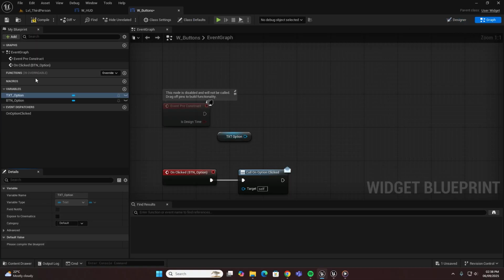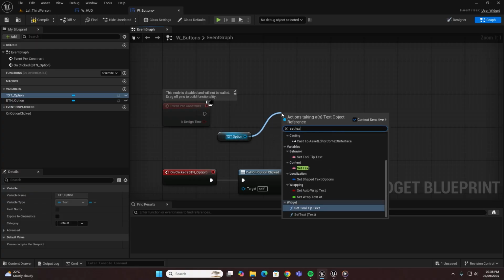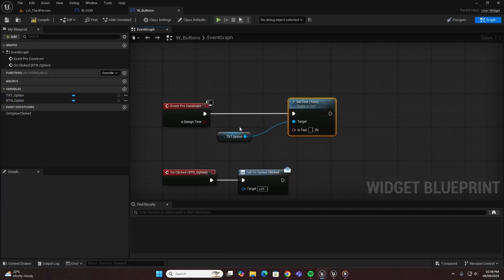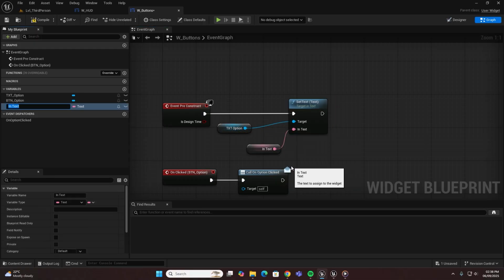So back to the graph, text option here, already dragged it in. If I pull from the pin, search for set text, this one here, grab that into the set text node, and if we pull from in text and just promote that to a variable as well, say option text,